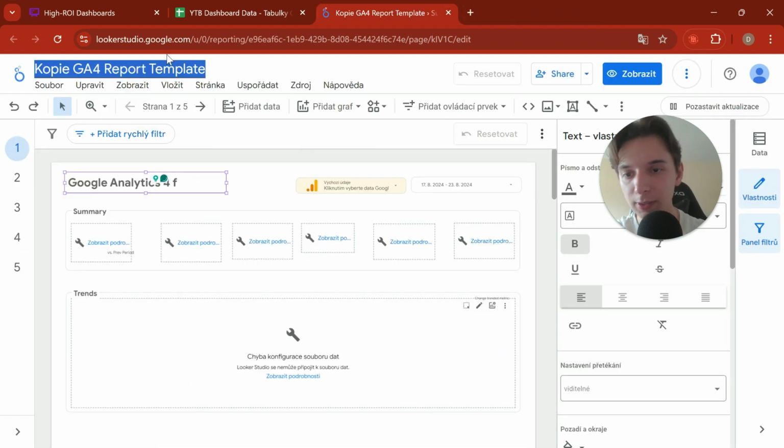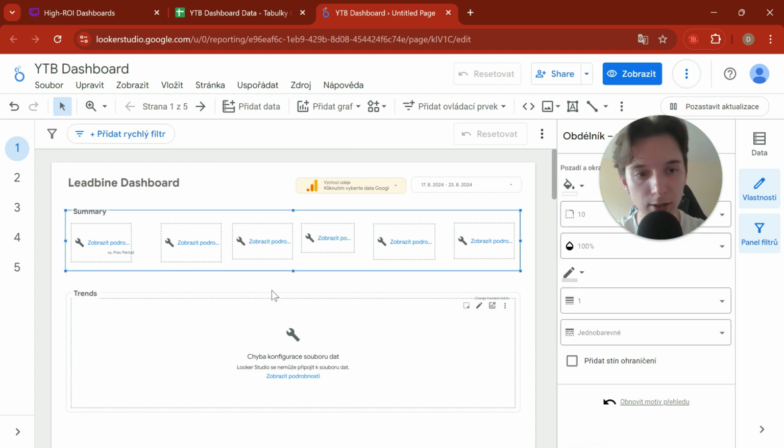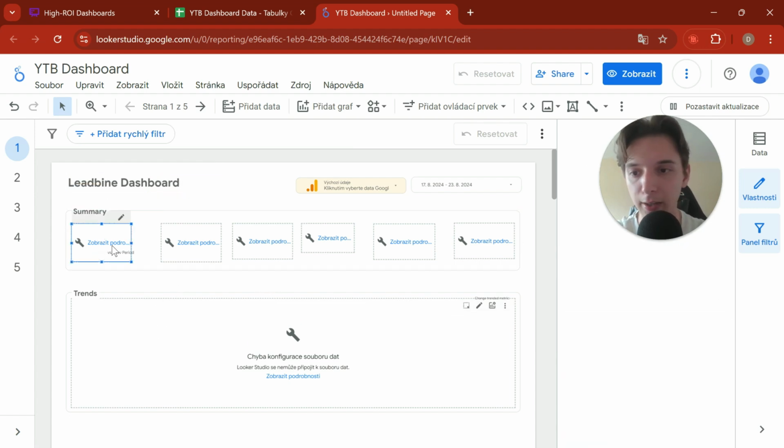So let's call it YouTube dashboard. You want to name it somehow, lead by dashboard. That's the name of the automation agency I run. And